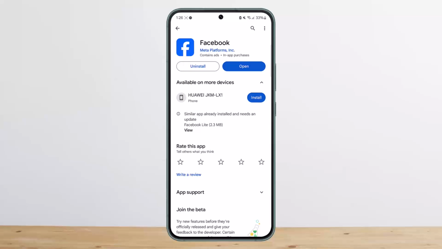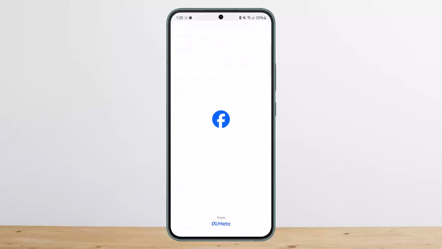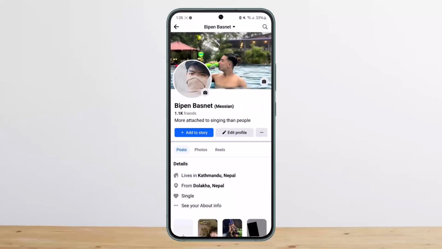Deleting your cover picture on Facebook is pretty simple and pretty easy, so let me guide you through. First things first, you want to go ahead and open up Facebook, and make sure you're logged into your account. Once you open up Facebook, you want to head over to your profile by tapping on your profile picture there. Once you head over to your profile here, what you want to do is you can simply tap